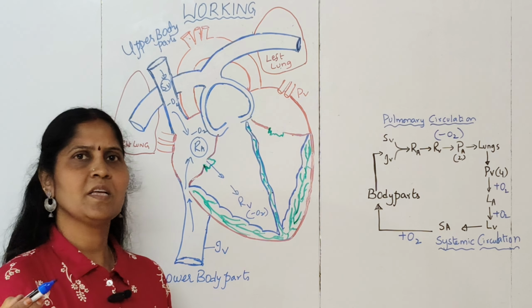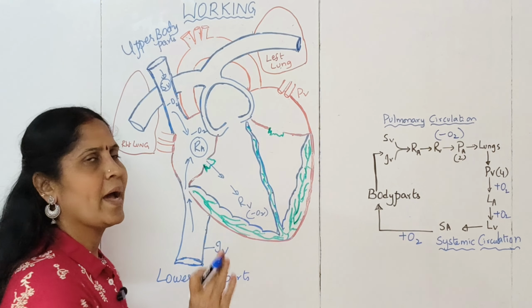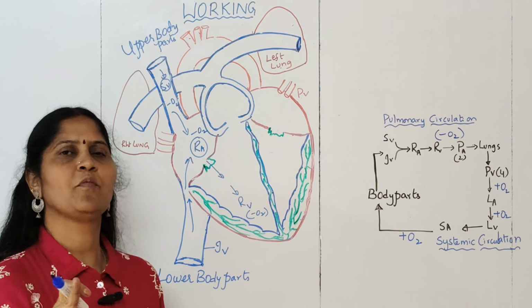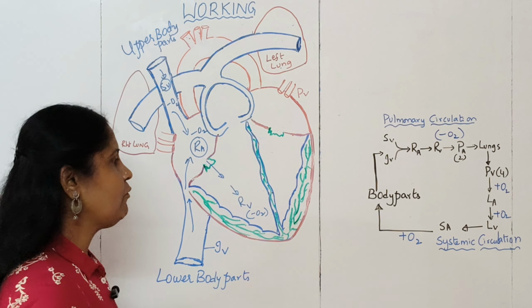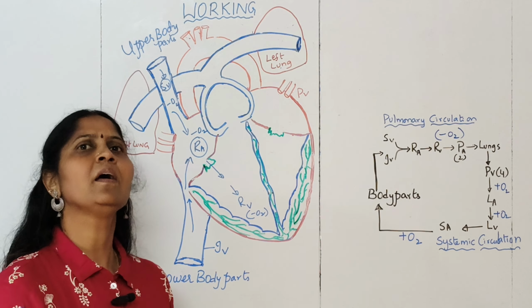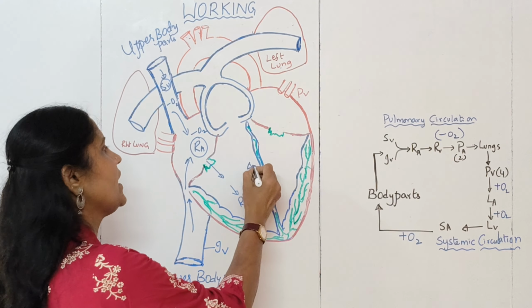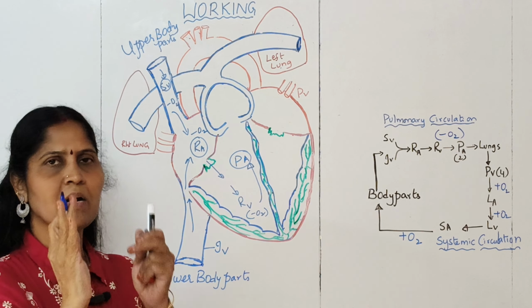The valve function is this: once the ventricle is filled, there is a chance of the blood going back into the auricle again. That will be prevented with the help of the tricuspid valve, which will be present towards the right side. Then once the right ventricle is filled with the deoxygenated blood, from here through the pulmonary aorta, the big trunk,